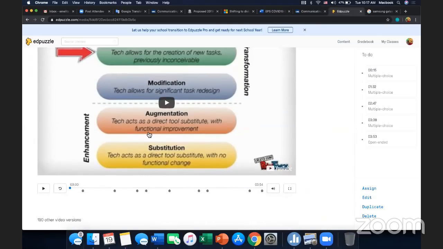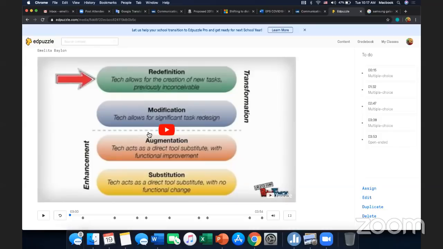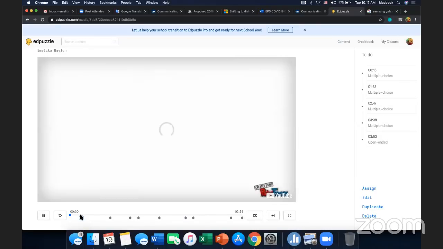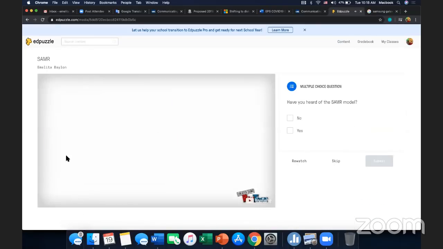Notice that in the video that you have on your screen, there are dots underneath. Once the video plays, it can stop at a certain question, and then the video will not move until such a time that you answer the question